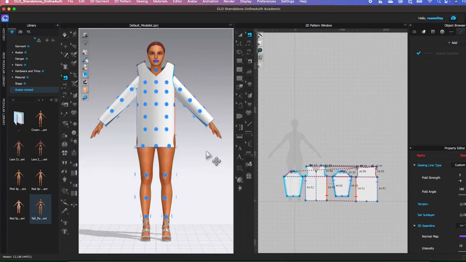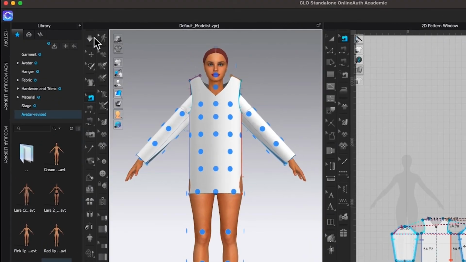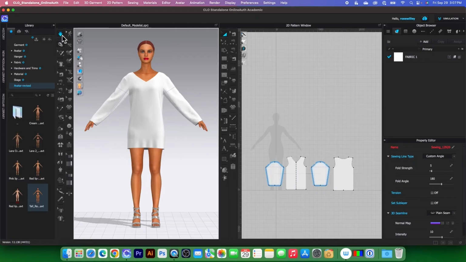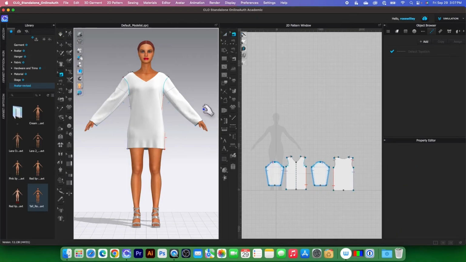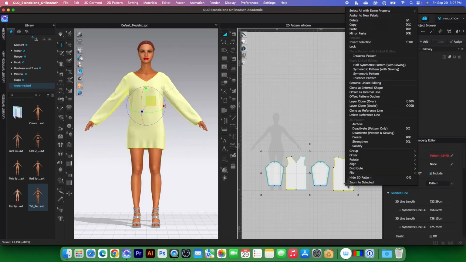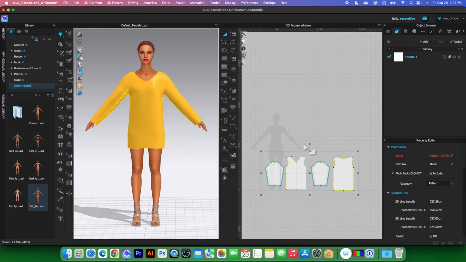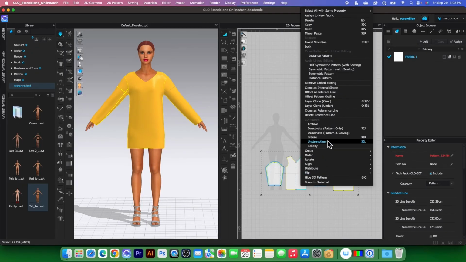So after that, I will come over here to this simulation icon, click on it to simulate. So let me click once again to stop the simulation. Next, let's strengthen the pattern here. I'm going to press my key, select all the pattern, and then select strengthen. First of all, let's adjust the shirt up a little and then simulate again, and I'm going to unstrengthen this,